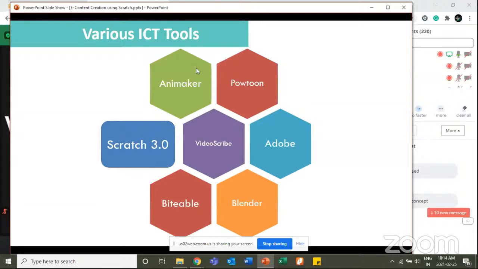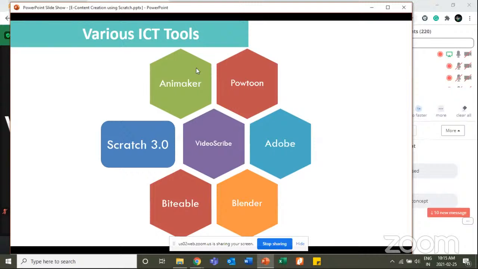Animaker is the first tool that I have listed down. It's a widely used tool, and it has a lot of video styles and templates. We can create 2D and layer animations here. We can create animated infographics, typographs, or whiteboard animations also. The process remains very simple. You just need to log on to Animaker, choose a template, use your props and the backgrounds you want. You can upload your images, add effects,